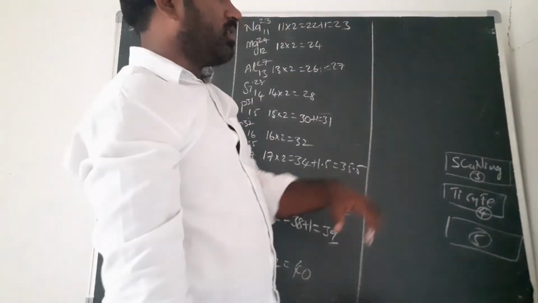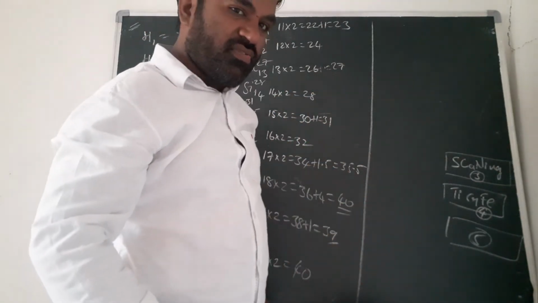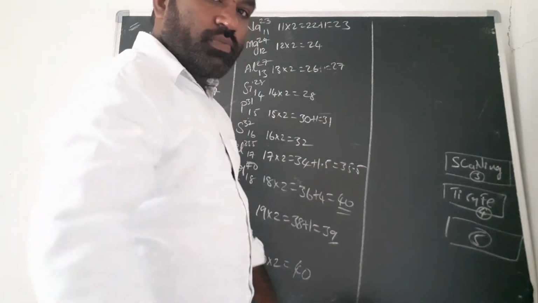Remaining elements are 5 rupees. Scanning is 3 rupees. Tea coffee is 4 rupees. Remaining elements are 5 rupees. So here,